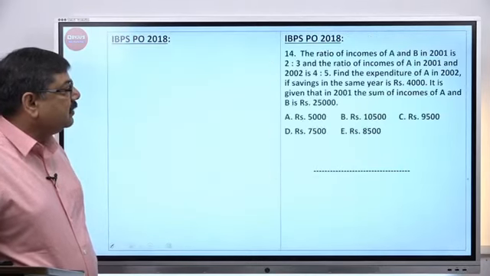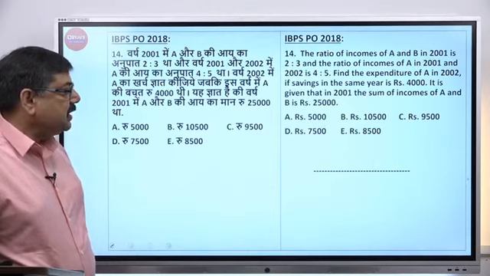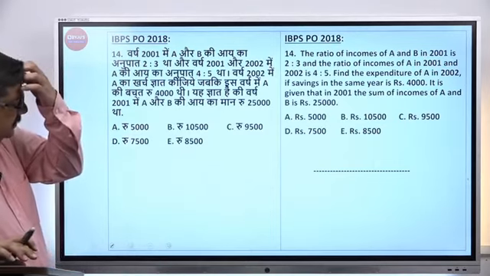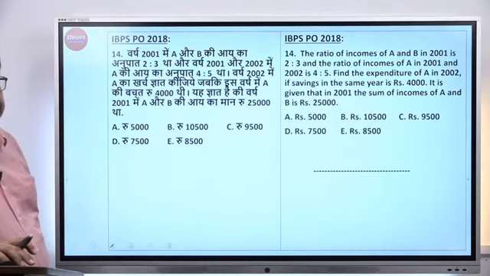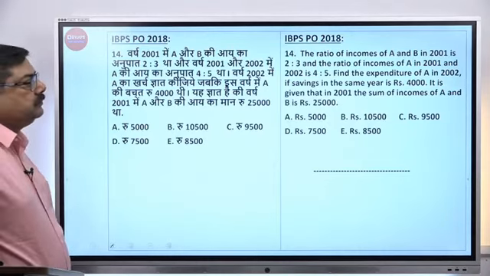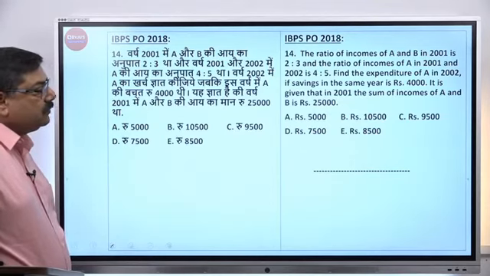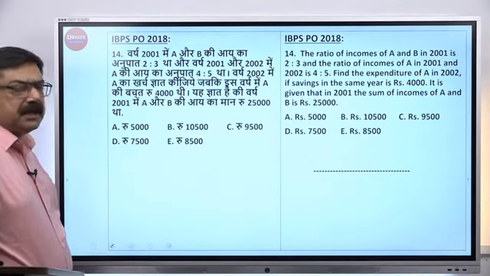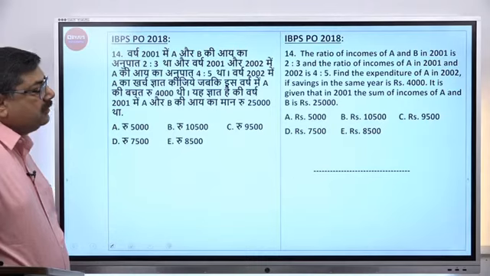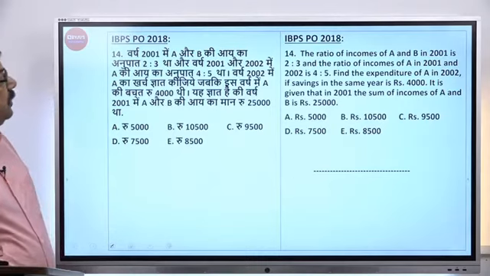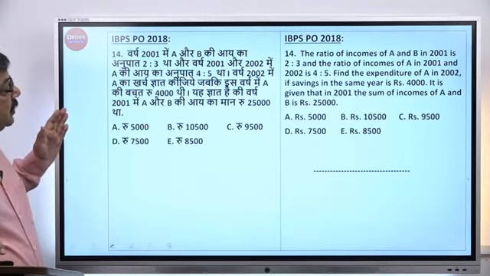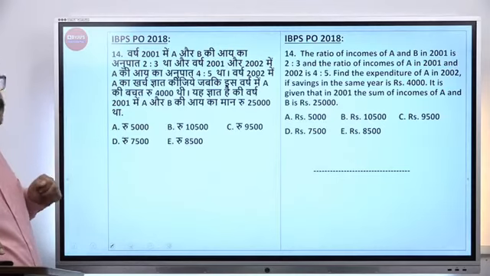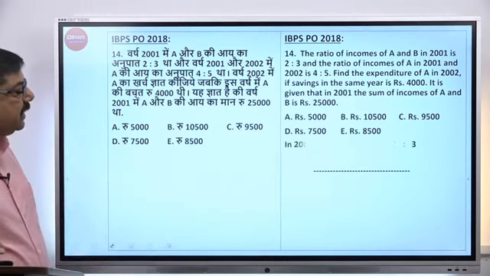ऑलराइट, लेट्स मूव अहेड। IBPS PO 2018 का क्वेश्चन है ये। चलिए जल्दी कीजिए, ट्राई कीजिए। चलिए मैं आपके साथ करता हूं। The ratio of incomes of A and B in 2001 is 2:3, और वर्ष 2001 में A और B की आय का अनुपात 2:3 था। And the ratio of incomes of A in 2001 and 2002 is 4:5। अब यहां रुक जाइए।